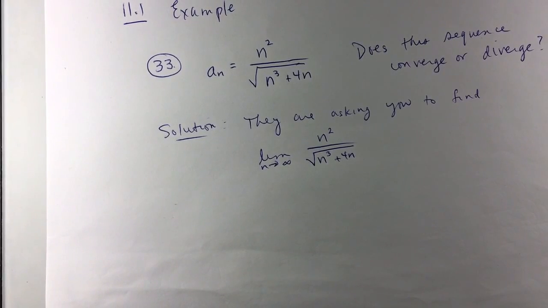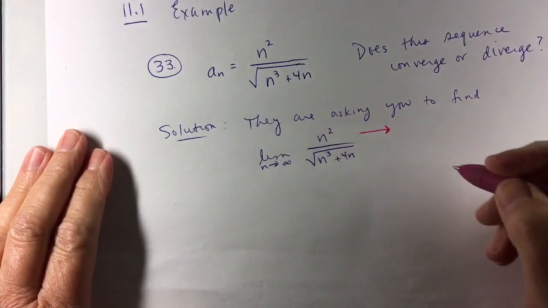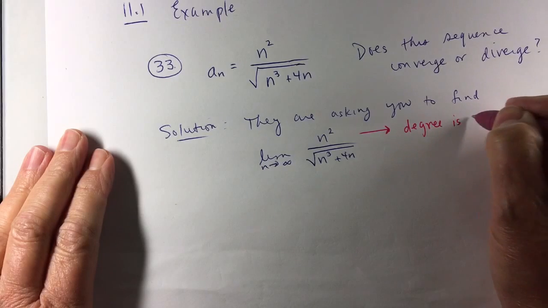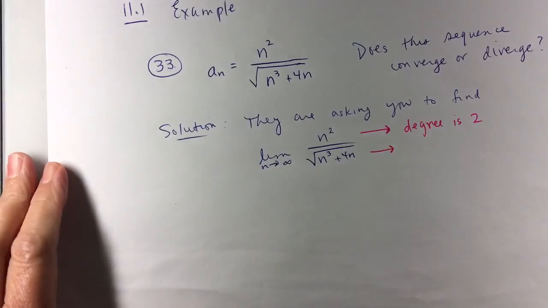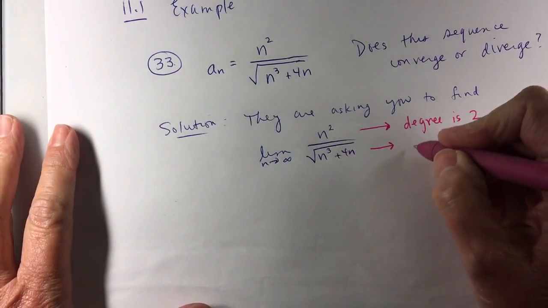All right, so for this problem, the first thing I would likely want to notice is the degrees, the dominant term, and sometimes I'll call it the boss terms. The dominant term in the numerator is the n squared. The highest degree, that's 2, the exponent. And then in the denominator, this might not be the formal definition of degree, but I'm thinking highest exponent